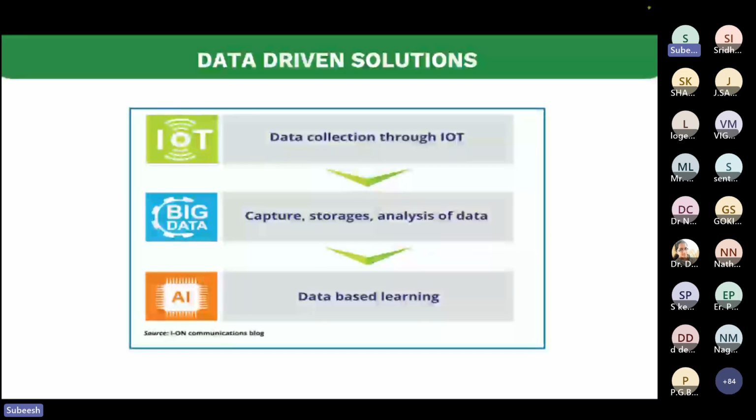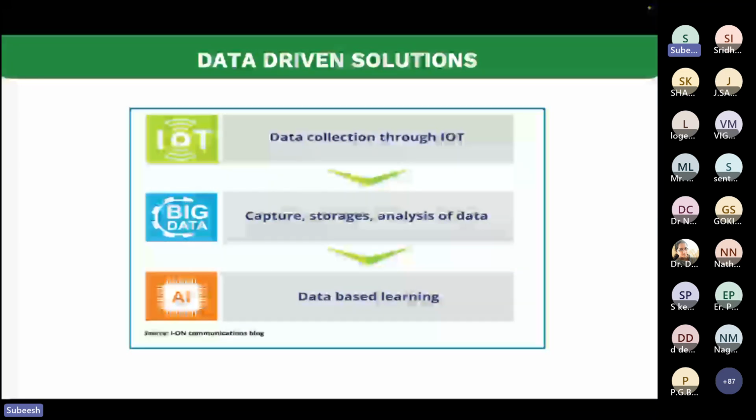IoT is basically a data collection unit, you can say, where the sensors are deployed on the field. Assume you want to get data from the field, and you want to automate your irrigation or your water supply. So you'll be deploying some sensors in the field, right? There will be a sensor node, and there will be a control unit. Let's say it can be Raspberry Pi or Arduino. Any control unit you'll be deploying on the field, with the sensors and actuators connected to it. So let's say you have a temperature humidity sensor and a water level sensor. Both sensors are integrated to the IoT control unit, and it will read the data. That part will constitute the data collection unit.